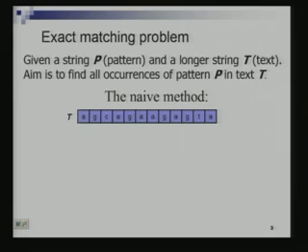So what's the naive method of doing this? Suppose this is a text, and I have a certain pattern. Let's say my pattern is AG, and this is the text. So what do I mean by the naive method? I'll put the pattern at the first place and I'll start matching the pattern against the text. At the third place I find a mismatch.